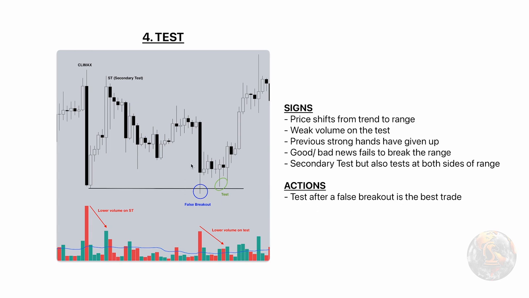And there's one on the screen here. So you have a false breakout with high volume, rejects back inside, comes back down into a test on lower volume than the breakout, false breakout. And what happens then? It confirms the range low. And the reason this is so good is more often than not, it trades all the way through to the range high. A test after false breakout offers you the best risk reward of any trade within a Wyckoff structure. So keep that in mind.